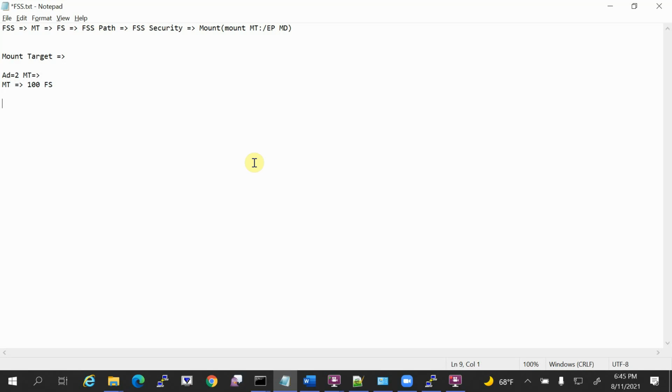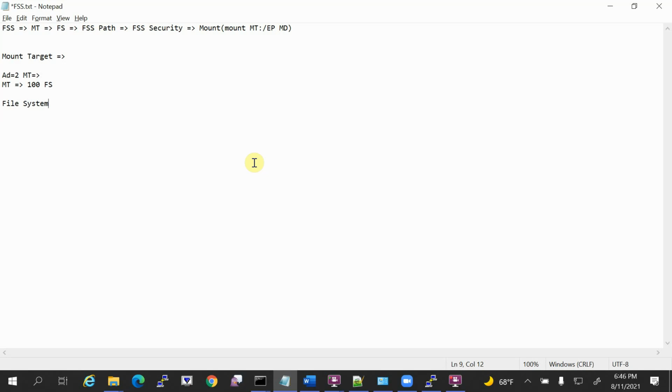So first, to start using the FSS, you have to create the mount target. It is like an NFS server where you can create a number of file systems. Then under the mount target, you are going to create a file system.